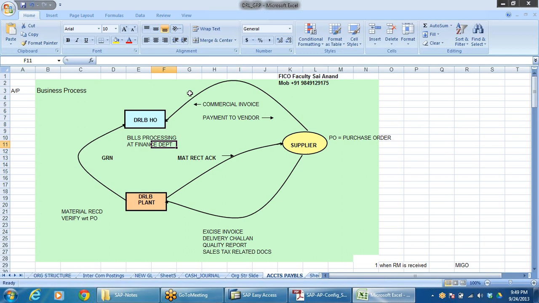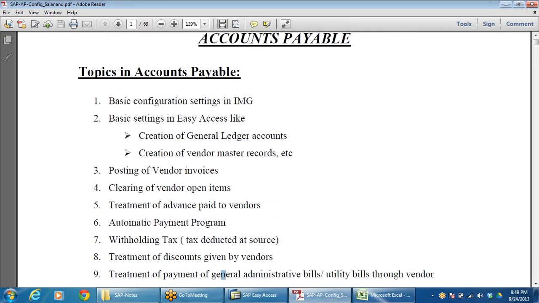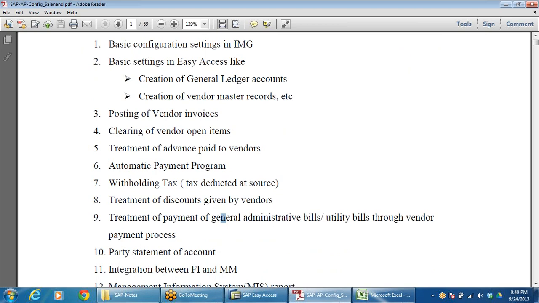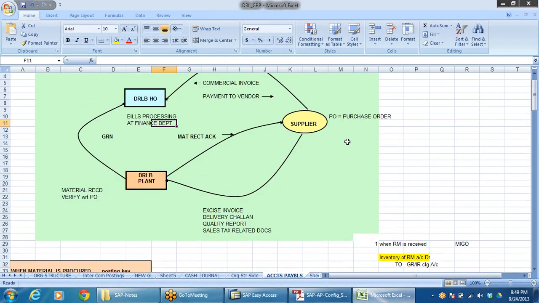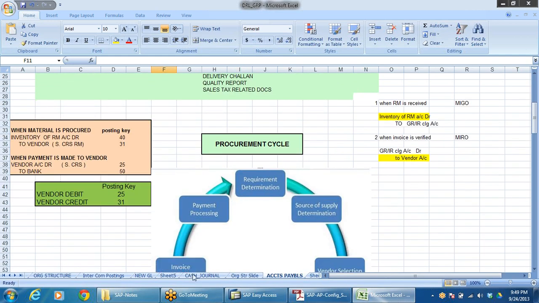And in these things, see, here I told you some topics like automatic payment program. This is one of the very important ones. Wherever you go, there will be a few questions on this, and withholding tax, right? All those things will be covered here. All right, so this is the general process. Now in this process, what I would like to tell you now, say